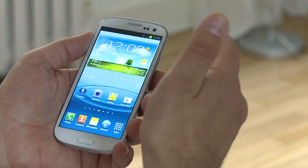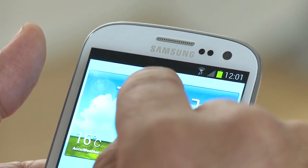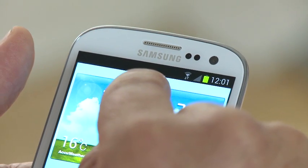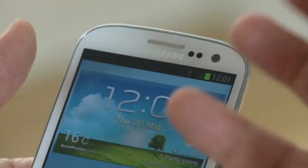Now we're going to move on to what, for me, is the most revolutionary feature. Unfortunately, it's a little bit flaky. It's a fantastic idea. Now, you know that thing where you're viewing a web page on a phone and every now and then it dims because it has no idea you're looking at it. What this phone does is it tracks your eyes. If you see that little eye symbol there, it's looking at your eyes, and while you're looking at the screen,